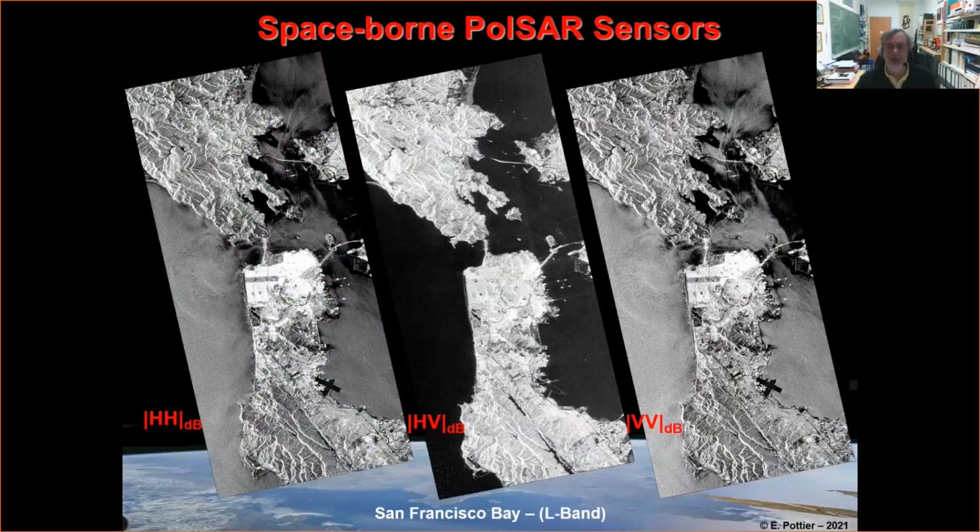So this is an ALOS-1 SAR image of the area. ALOS is a Japanese system. Is it left looking? I'm not going to give you the answer because it will be a question I shall ask this afternoon during the practical. If it is left looking, or right looking, if it is an ascending orbit, or a descending orbit. So it will be a question of my practical this afternoon. I'm not going to give you the answer now.